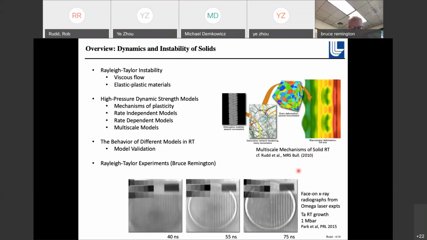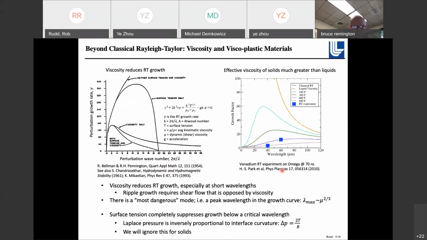So ultimately, you get data that looks like the radiography, the face-on radiography shown at the bottom, and then it's compared to models in order to understand what's going on with the strength. And so I'll say a bit more about that connection. Okay, so first, taking up where you left off,